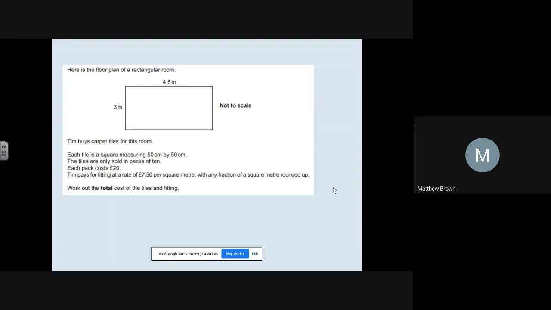Okay, so this is a method I did. If you've done a different method but got the same final answer, then you will have got all the marks. Okay, but this is a method I used. I think this is probably the method most of you will have used. First thing I did